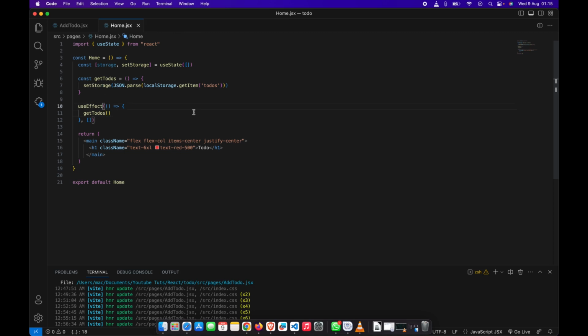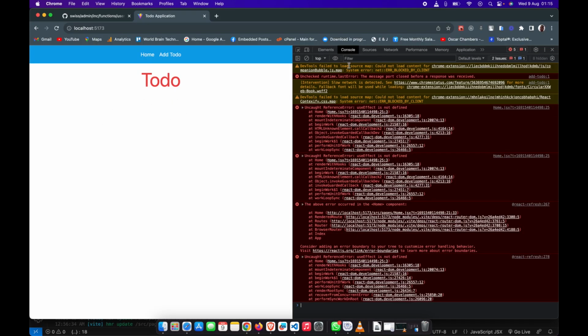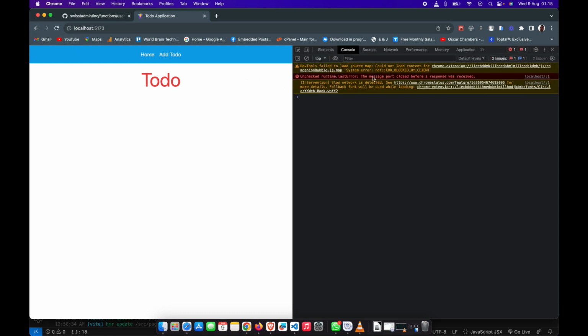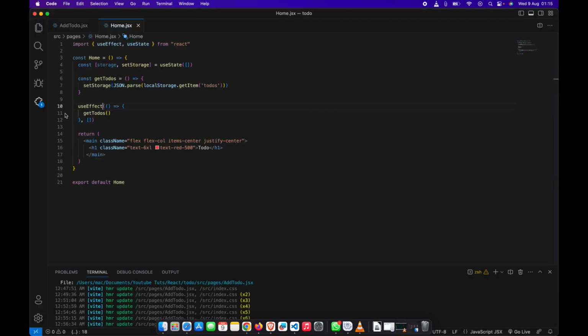useEffect should come from this. So far so good. We don't have any errors. Yeah, no errors in the application. So over here we're just going to change this to todos, and I'm going to have